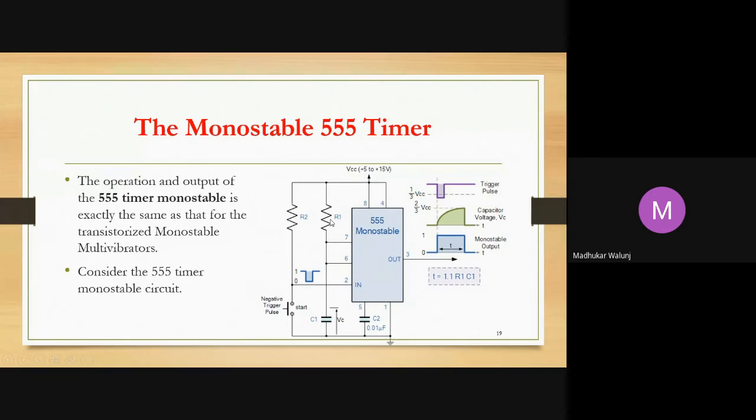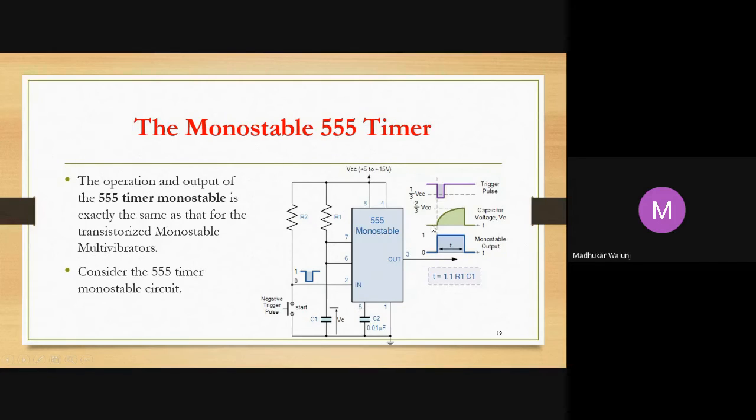The 8 number pin is connected to VCC through that resistor R1, and the current will flow through 7 and 6 and go to the capacitor. So the capacitor gets charged. It will charge to the VCC. So as you know, the 6 number pin is connected to where? The 6 number pin is connected to the non-inverting terminal of comparator number 1.